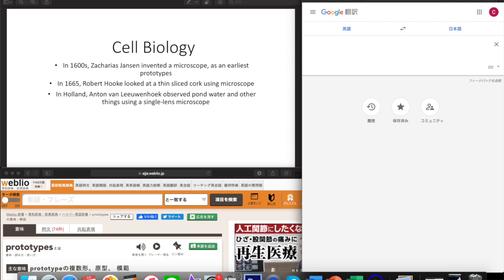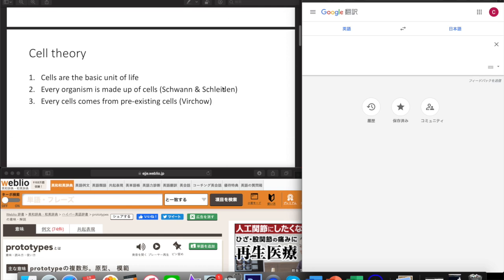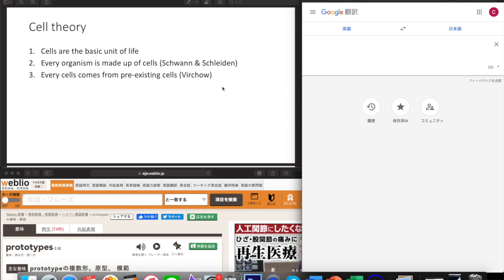And then in the 1670s, Van Leeuwenhoek discovered bacteria and protozoa from pond water and other things using a single lens microscope. Then I'm going to move on to cell theory. One is that the cell is the basic unit of life. Second, every organism is made up of cells. By the late 1830s,